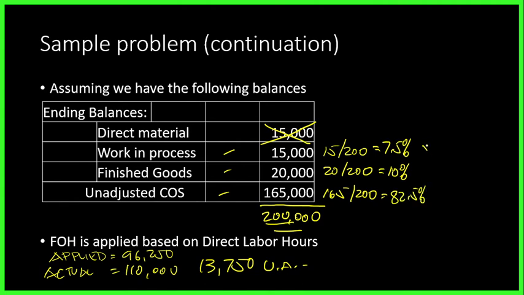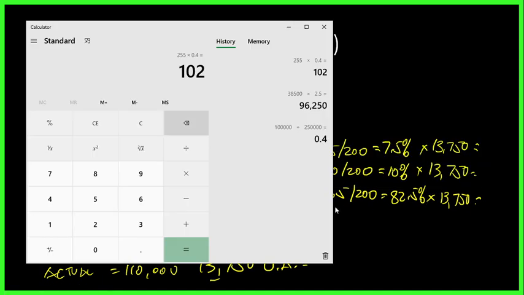82.5%. Okay. Now you multiply that by 13,750. So after multiplying, what do you get? Now let's see. Let's try to compute. Let's multiply 7.5%. 7.5% is 0.075, times 13,750. Ta-da! And you will have